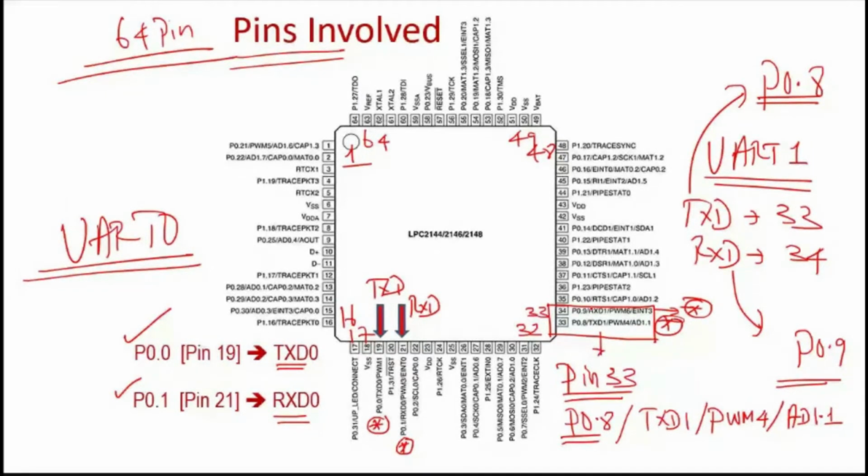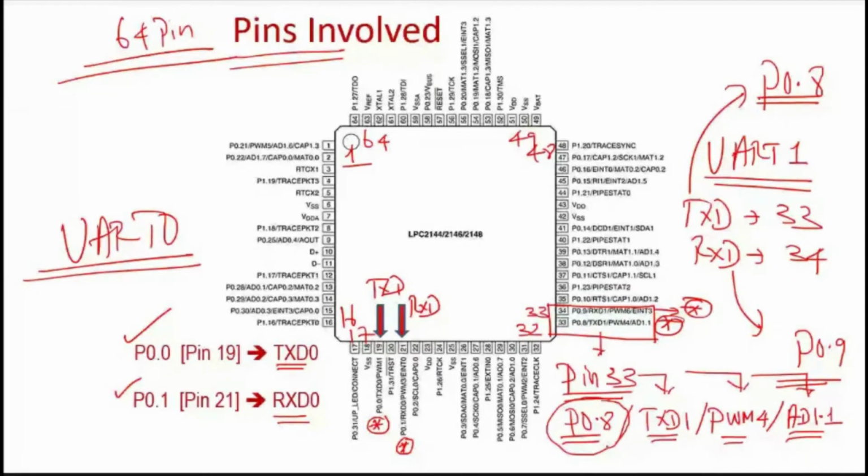if you are using a functionality other than GPIO, what functionality you are planning to use, because a single pin in LPC2148 can perform a maximum of 4 functions, wherein the default function is the GPIO function. In that case, you need not tell anything. If you are using pin 33 as port 0.8, you need not tell anything because that is a default function. But if you are using the same pin 33 as transmit data for UART1 or pulse width modulation channel 4, or the same pin as ADC analog to digital converter 1 with channel 1, in that case you have to tell the microcontroller what exact operation you are planning to do with that particular pin.